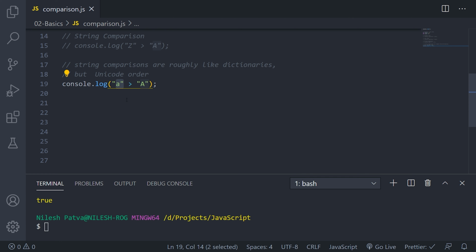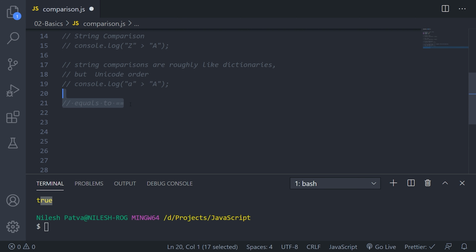If you go in a dictionary, both will be given the same priority or order, but in JavaScript it has a different order. Let's just see. It is also giving us a true. That means lowercase a is greater than uppercase A, as lowercase a has a higher order in Unicode ordering.